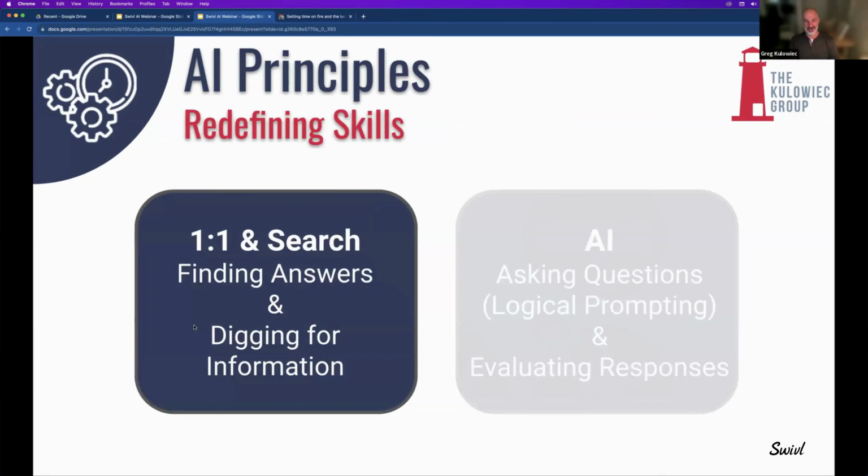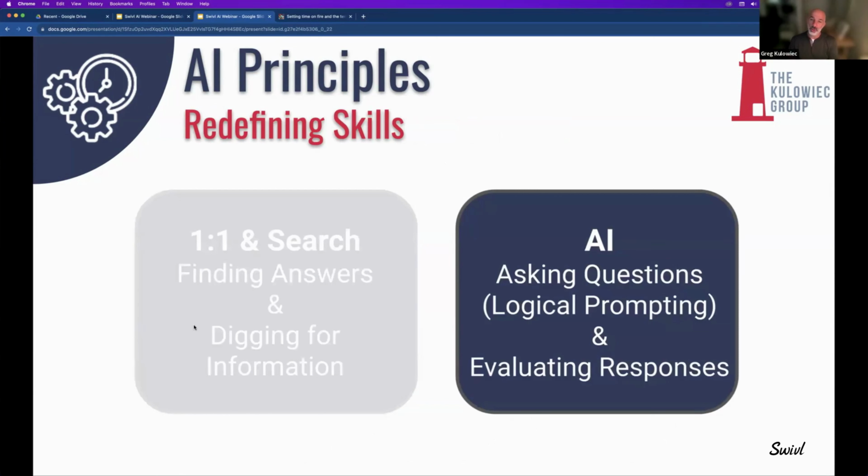I like to think about it this way. When schools went one-to-one and got devices, right? I remember when my classroom went one-to-one with iPads over a decade ago. The critical skill was searching. So can we teach kids how to search and find information and dig for information? Exceptionally valuable. It's still valuable, but in an AI world, what I keep coming back to is now the skill is asking questions, not just searching for information.